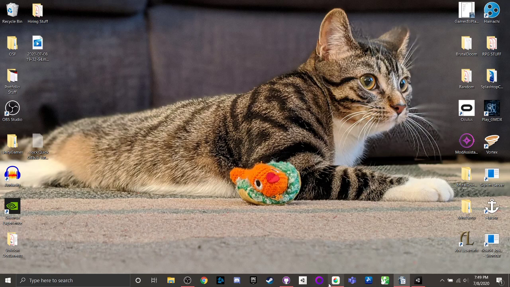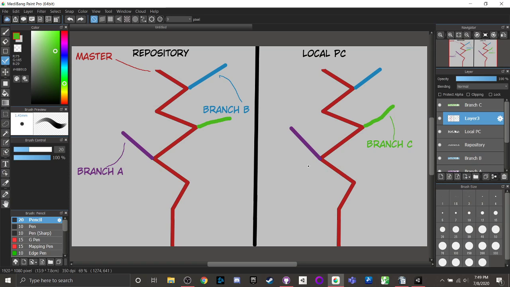And I think I might have implicitly explained what pushing and pulling are, but just to go over the terminology, when you pull, so let's say for the sake of argument, whoever's watching this video and I are working on this green branch. Let's say we're both working on player movement for whatever reason. If you tweak some values in player movement, let's say you make the player go twice as fast, and you do that on your local and you quote unquote push that change over to the repository, so you pretty much take your changes and you push them over to the repository,